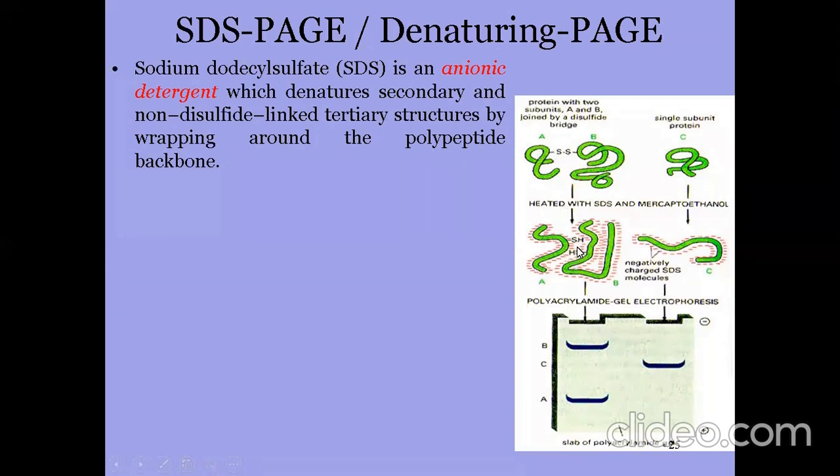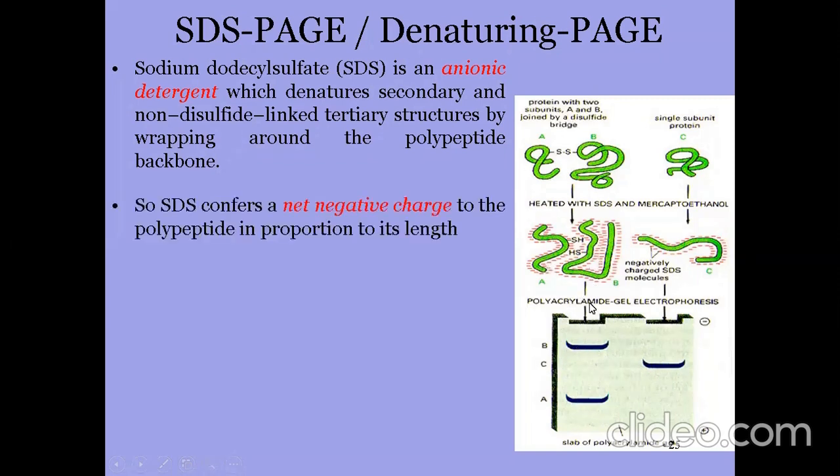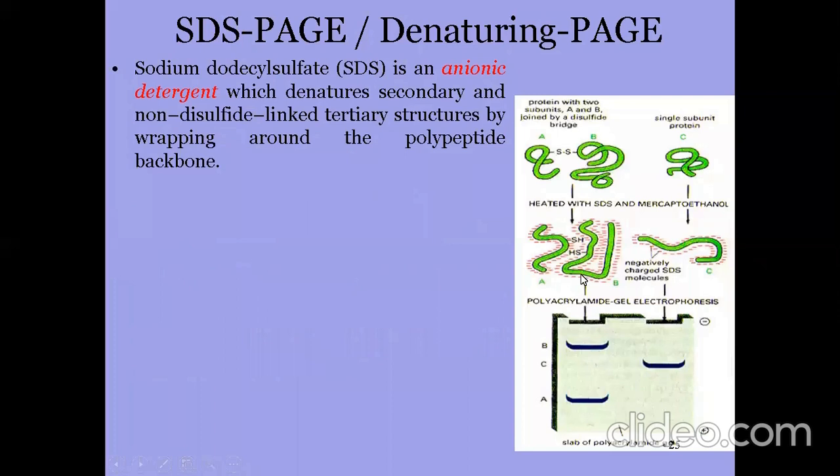So SH and SH will form, and negatively charged SDS molecules जो हैं वो इसके साथ बाइंड हो जाएंगे। अब क्या होगा अगर इनको हम जेल पे रन करते हैं, सो पॉलीएक्राइल एमाइड जेल पे रन किया, सो वी विल गेट टू बैंड्स, वन इज this A, this A will move faster because this is smaller in size, and this is the protein B, this is the subunit B। सो subunit B ये लार्जर इन साइज होगा तो ये मूव स्लोअर करेगा।